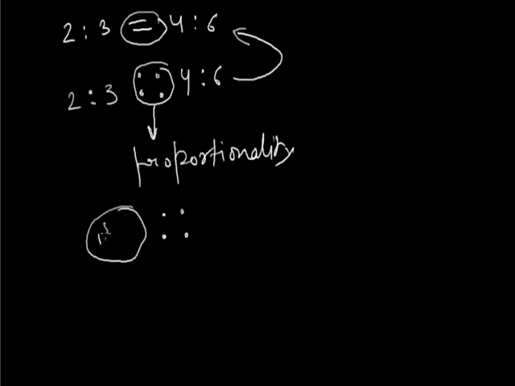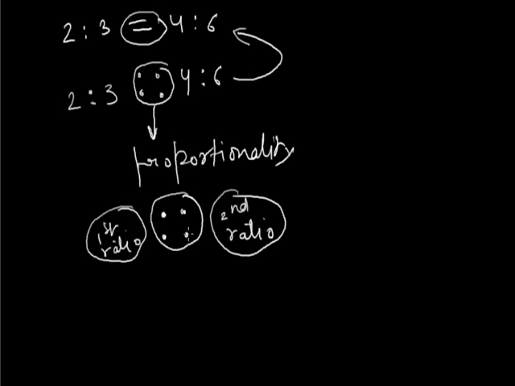Here the first ratio, here the second ratio. If they are equal, then they are proportional also. This is the concept of proportionality, and the sign of equality between the two equal ratios is replaced with the sign of proportionality, which is 4 dots. Alright. Then two equal ratios are proportional also, and vice versa.